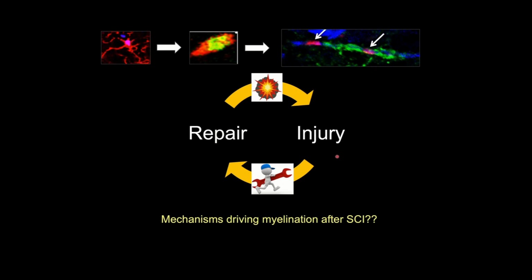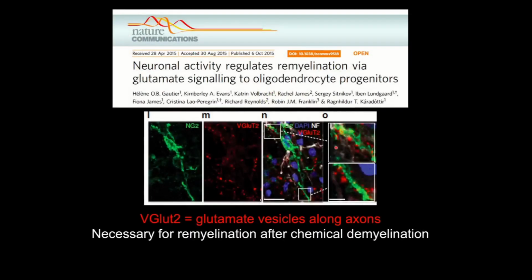If we can understand potentially what the cells can respond to, we might be able to then push the system more toward the repair side of the cycle and alleviate some of the injured side of the cycle. So for this, Nikki turned again to some really cool data that had been coming out in the MS field,